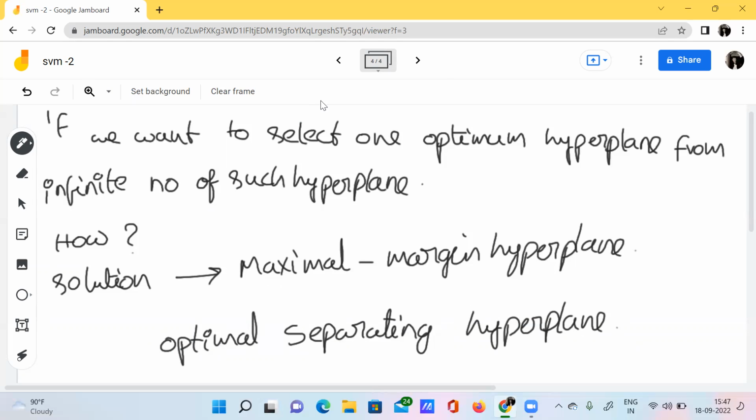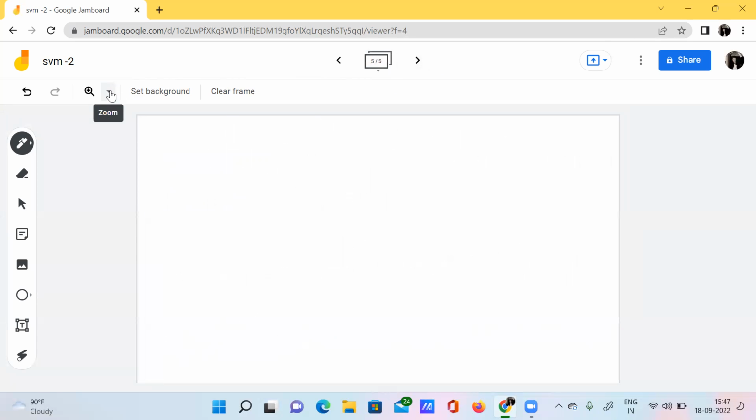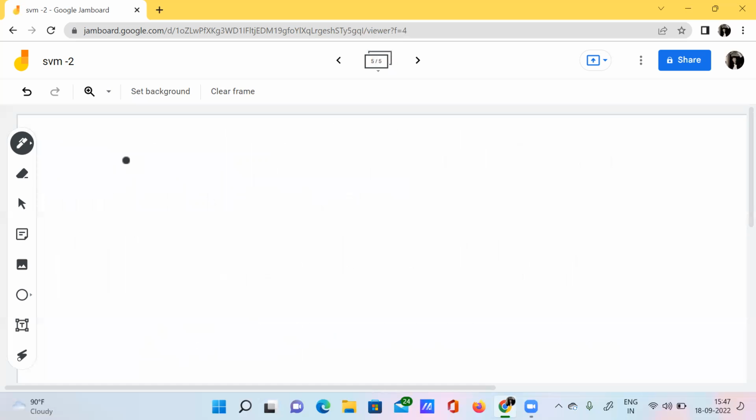Okay, so that's it. I'll show you how a maximal margin looks like.